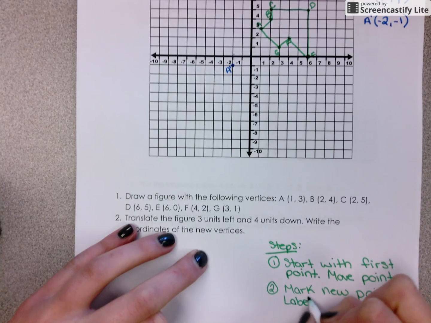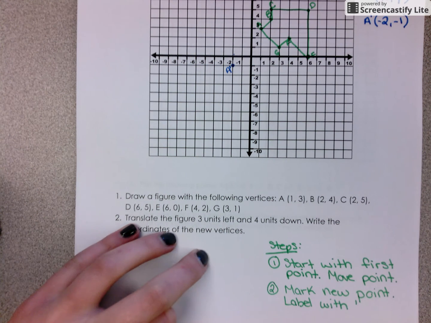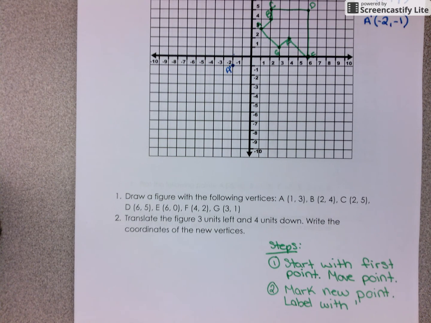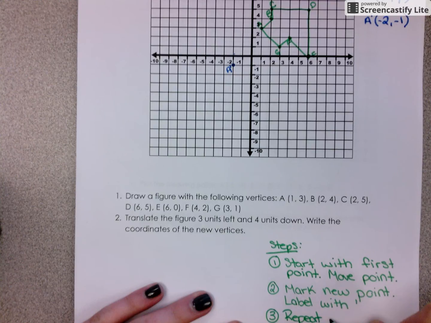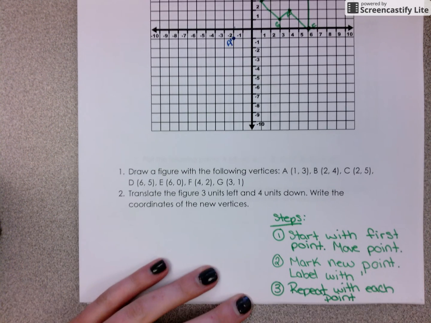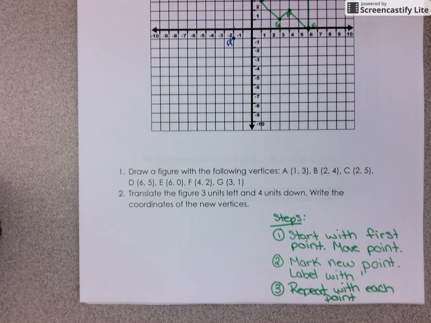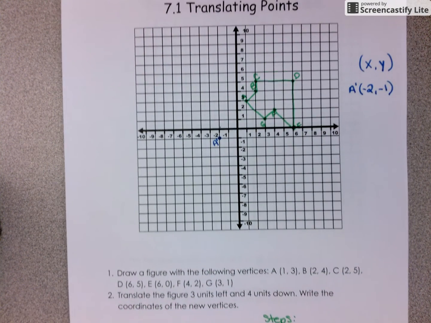And label with that little tick, which again is said as prime. Then step 3 is to repeat these steps with each point. So instead of trying to take the entire figure and move it all at once, you just break it down and you move each point by point, and then you can connect your points again and you'll have your new